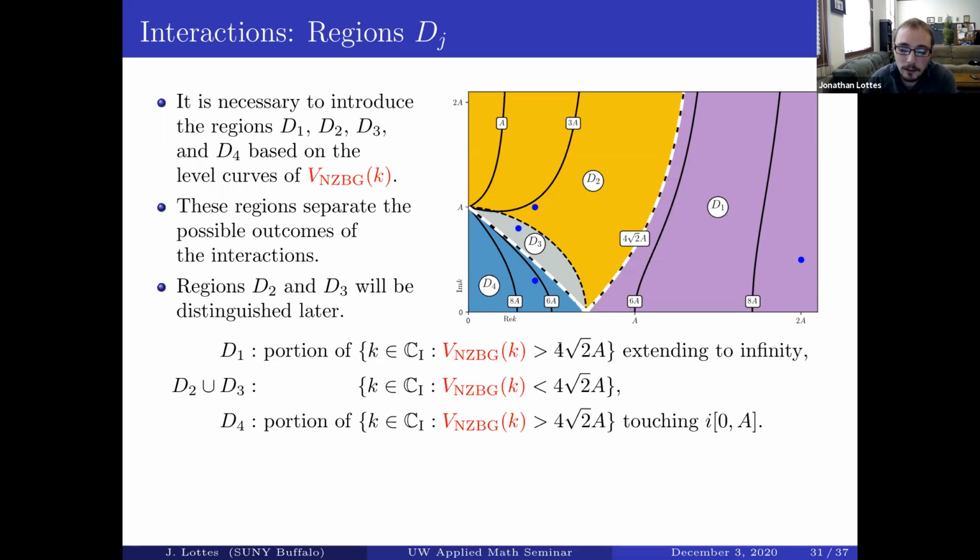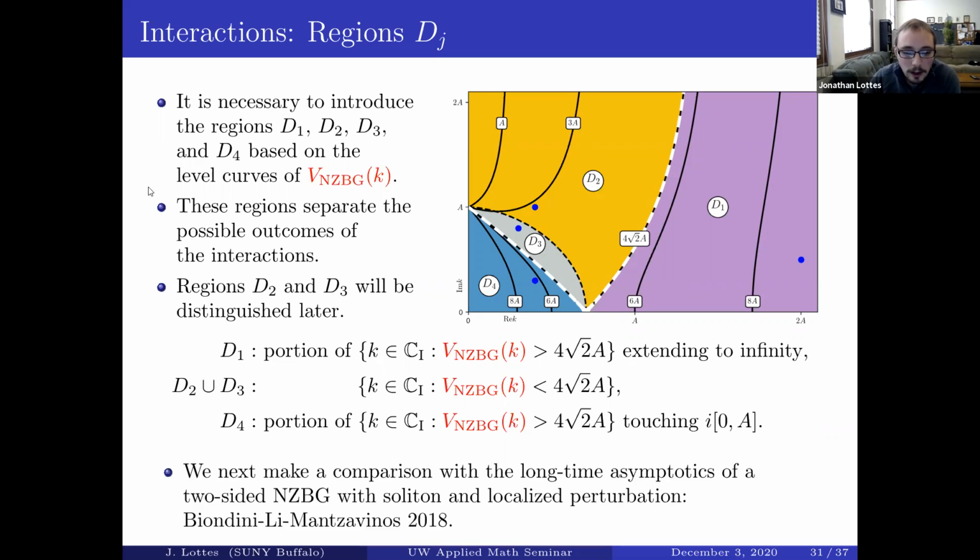You remember that the DSW edge velocity was 4√2a. So D4 and D1 are the set of eigenvalues where that non-zero background soliton is faster than the DSW. D2 and D3 are the regions where that non-zero background soliton is slower than the DSW. And I'll come back and clarify the difference between D2 and D3 in a moment. But we have these 4 regions, and